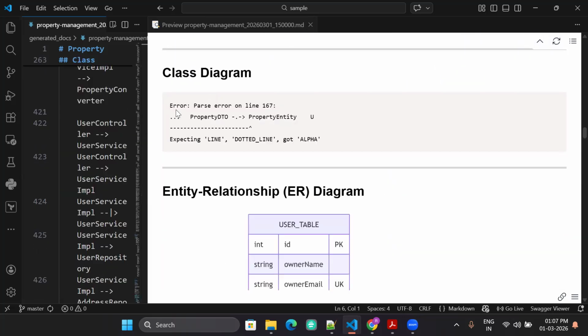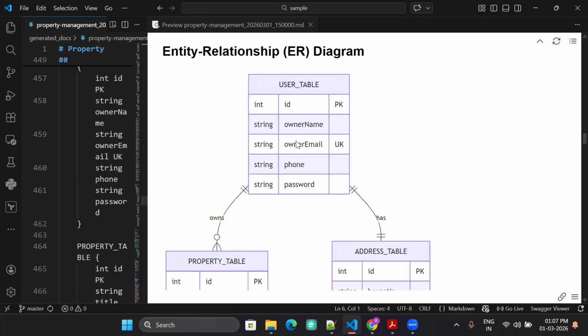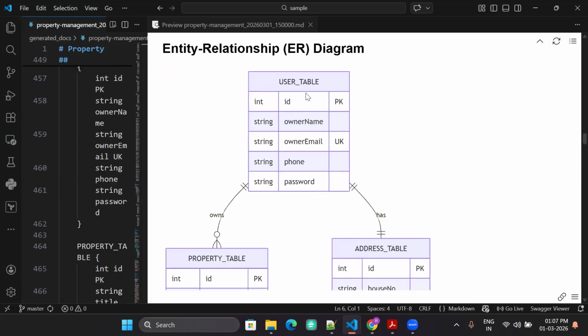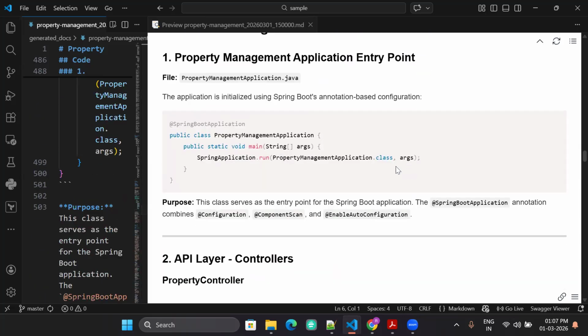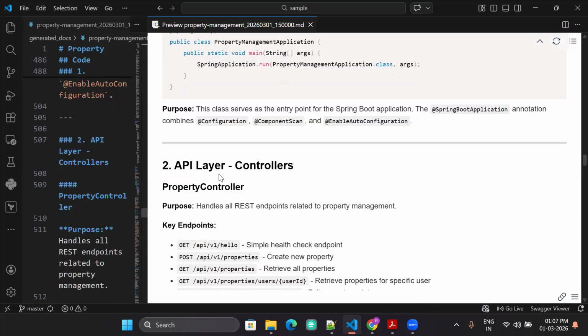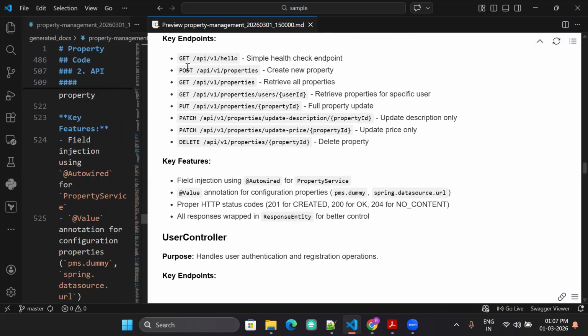This class diagram I could not render. Sometimes this plugin that we are using is not able to render a few things. That's fine. But then there's the ER diagram it created. There's a user table, property table, address table, and code walkthrough. It is explaining the code now. This file has the starting code, and these controllers have this. These are the important annotations used here.